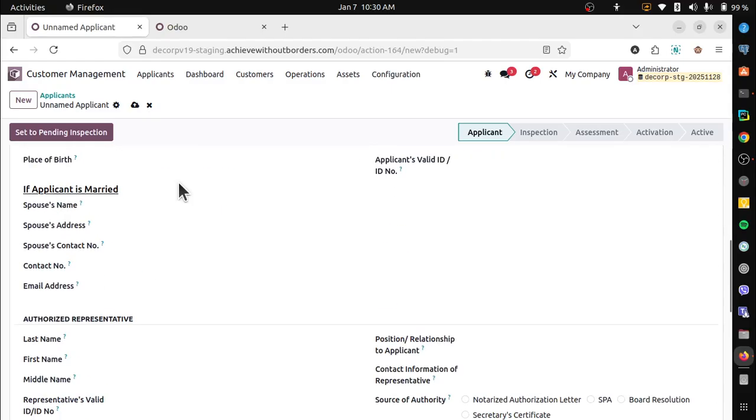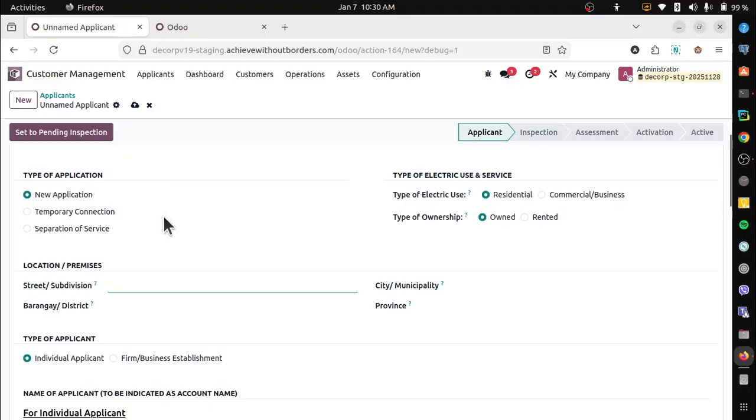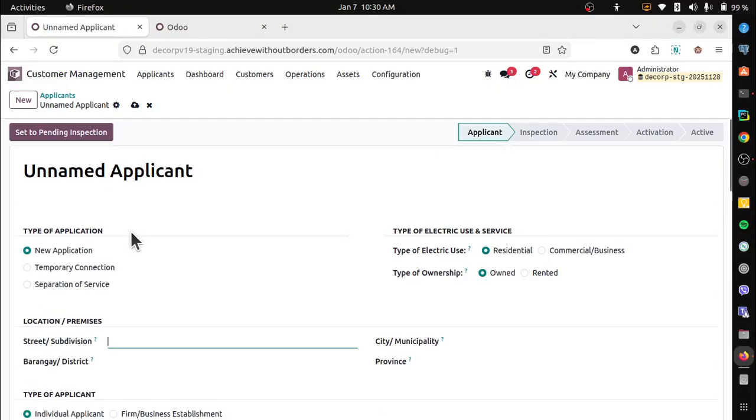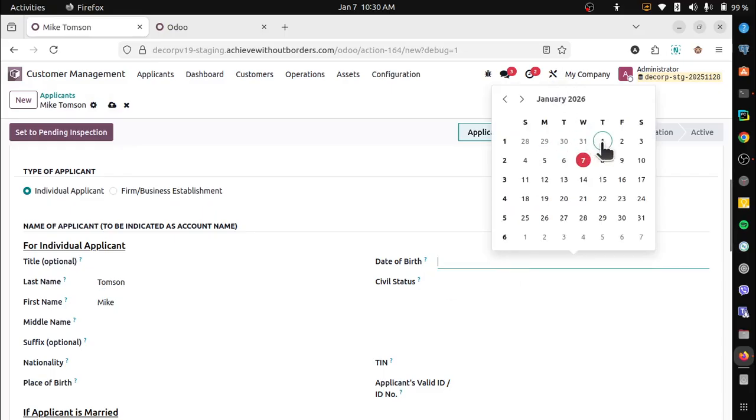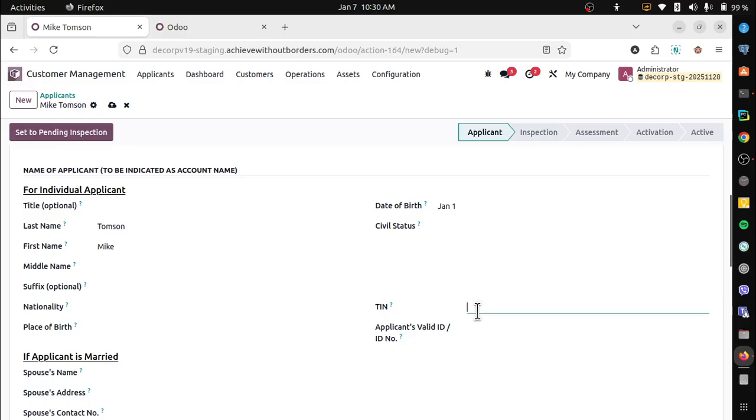So this is the form. We need to fill in some important data, for example, it is a new application, it's a temporary connection, the type of electric use, and the type of ownership. Let me fill in the mandatory fields, and then date of birth, TIN number,